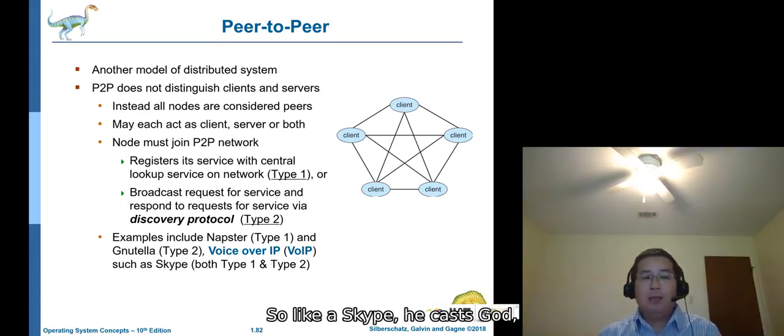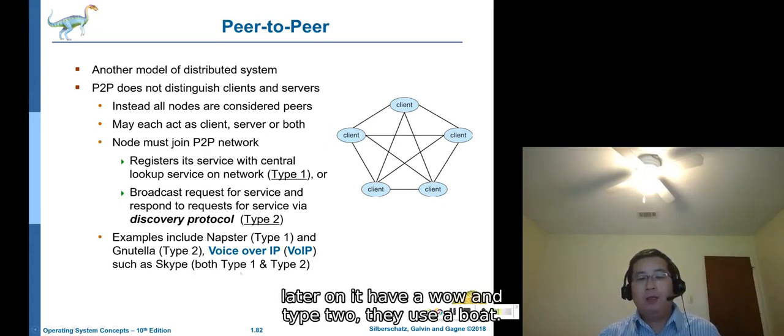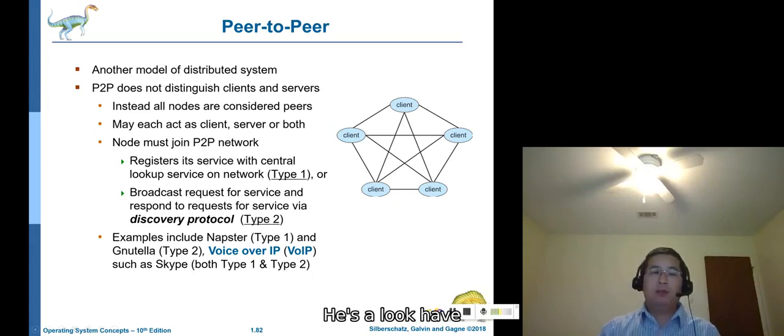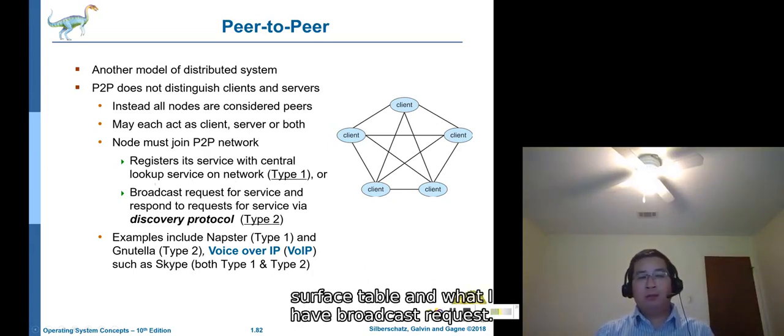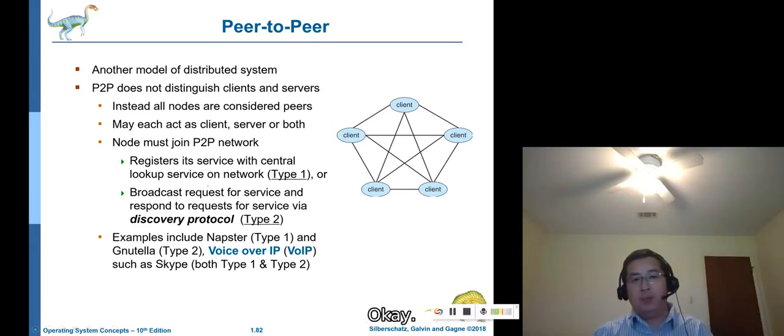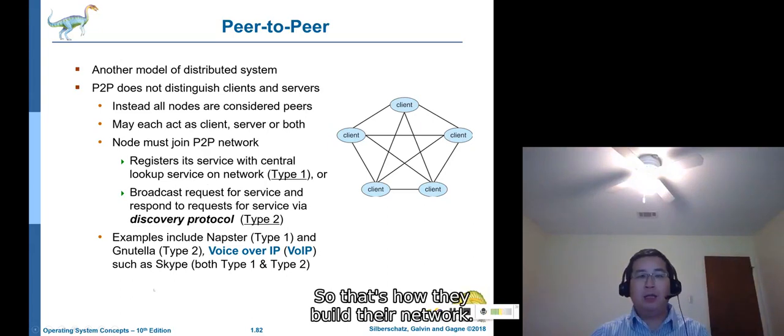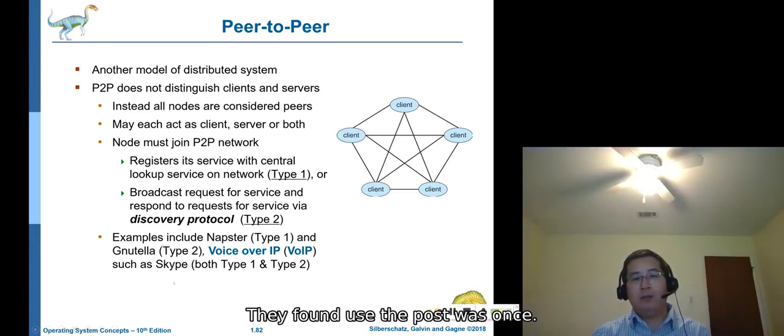So like Skype, Skype has both types. It's a hybrid way. It's not only type 1 or type 2. They use both. Okay, it maintains a lookup service table and also has broadcast request. Okay, so that's how they build their network. They use both ones.